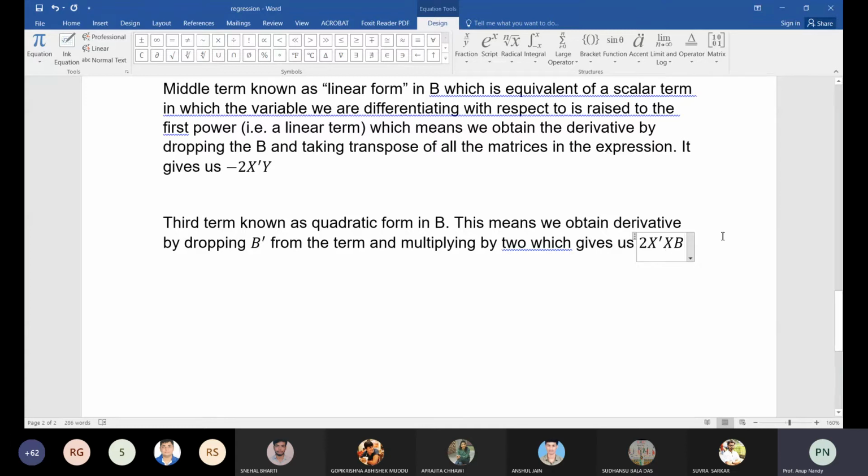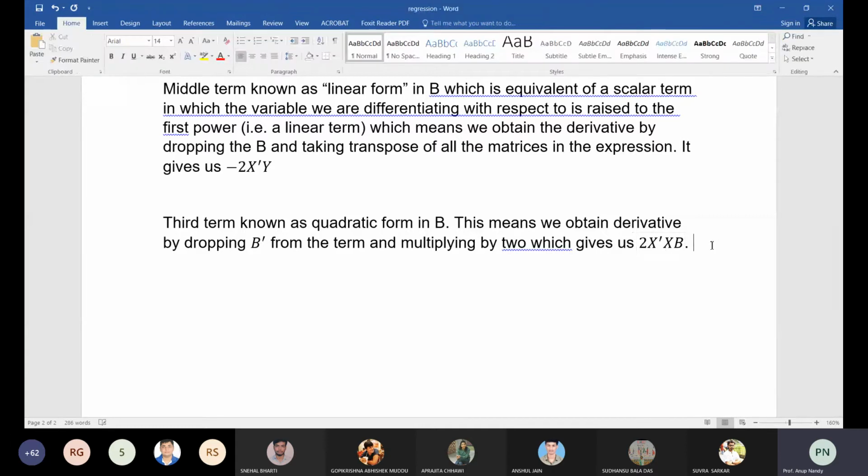So thus this full partial derivative, what you are going to get now,